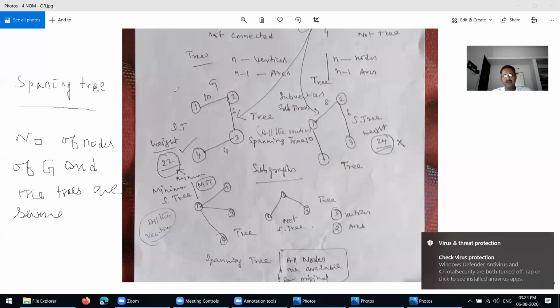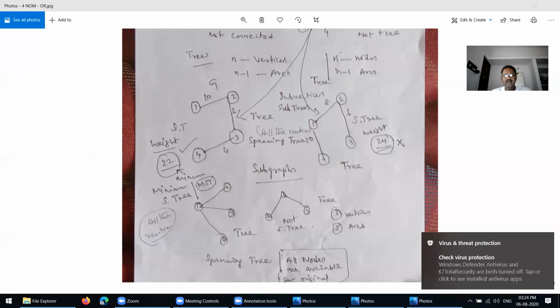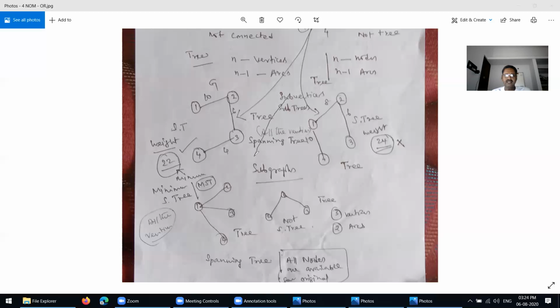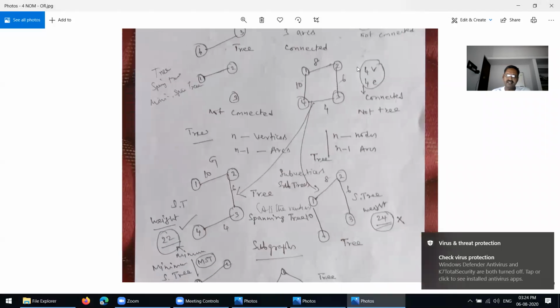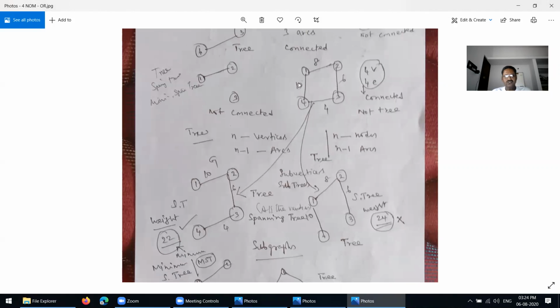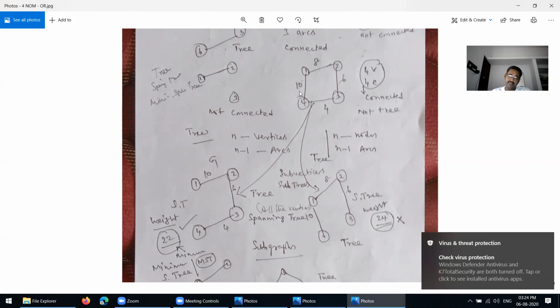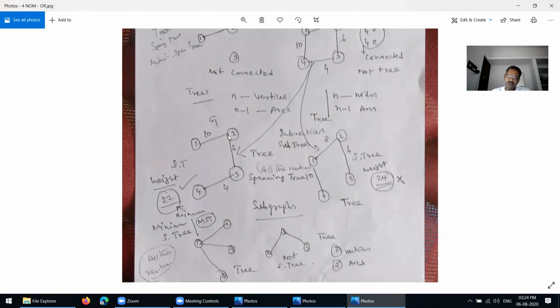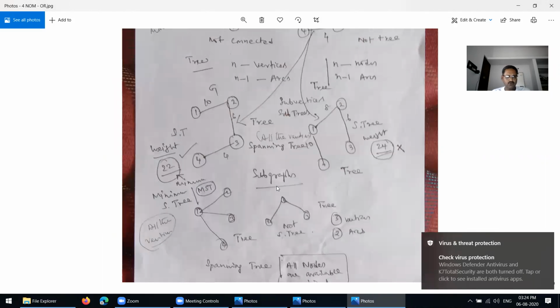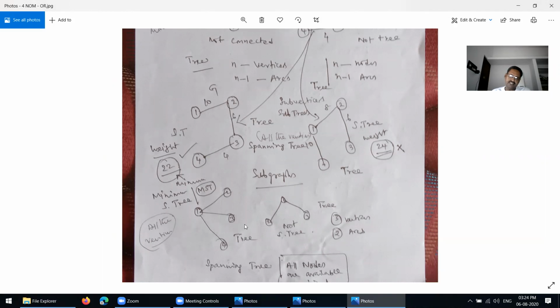For example, just see here now. So you write here now, how many edges here now? How many vertices? Nodes, 4. But currently, it's not a tree. This one is the parent graph network. And then how to find the tree? You know that. So this one, n vertices and n minus 1 arcs is nothing but a tree. So already we have 4 subsets of the original one. So all are trees. Then next we have to find the spanning tree.